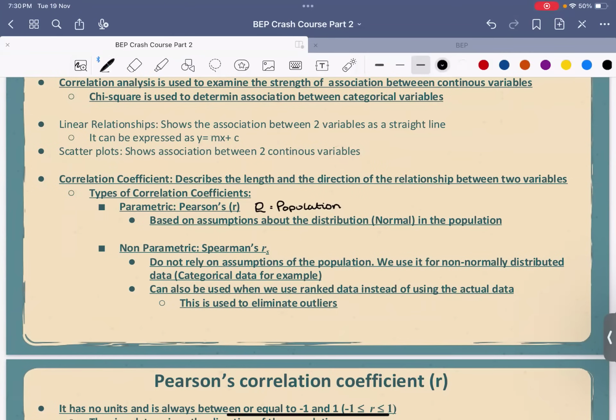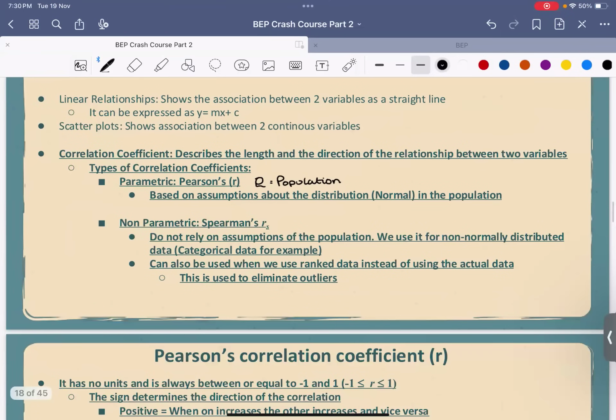Okay, this is important. Correlation coefficient. So what is correlation coefficient? It basically describes the strength, and this is strength, by the way, not just the direction, and the direction of the relationship between two variables. So let's say we have two variables,